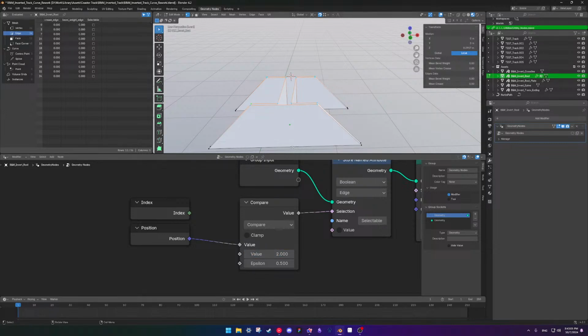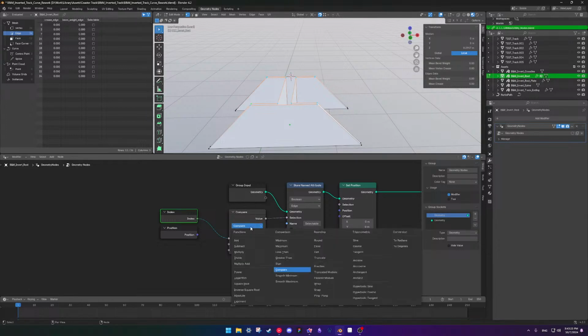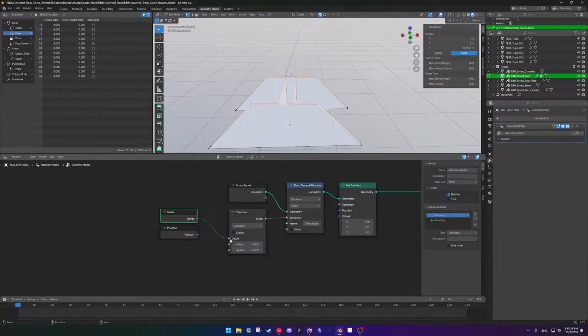Like the position value that, for each one, for each index of whatever, I want to compare the